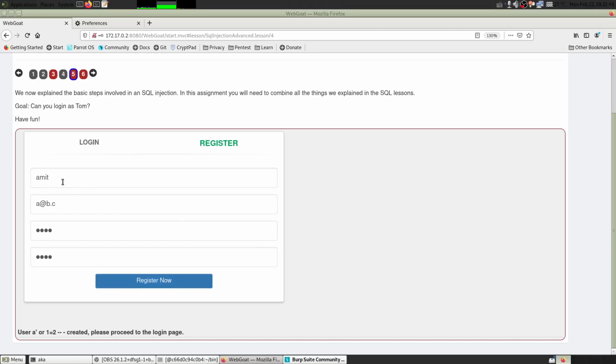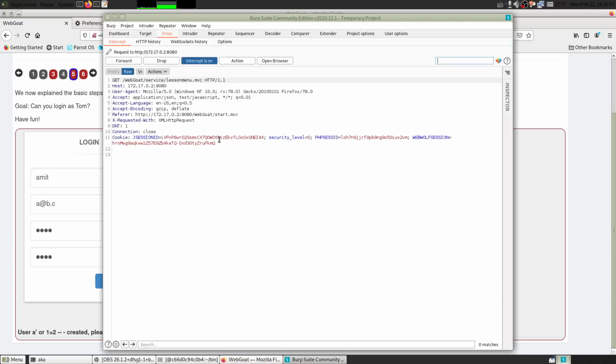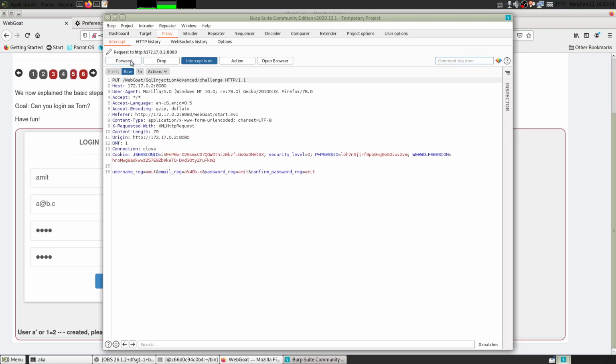And as you can see, this doesn't move beyond this, and this is because it is in Burp. So in Burp we will look for the request that is going out for creating the user. Now this doesn't have any data that we have sent, so this doesn't look like our request. So let's forward these guys. Let's forward all these guys.